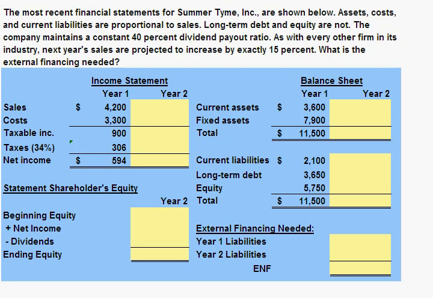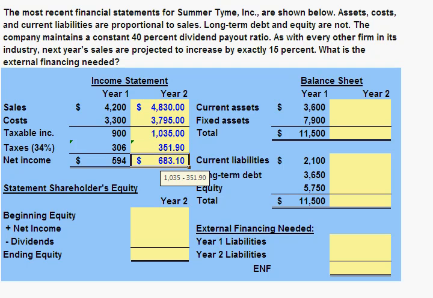The first step is to calculate year 2 sales. That will be year 1 sales of $4,200 multiplied by 1 plus the 15% growth rate. Costs will be year 1 costs of $3,300 multiplied by 1 plus the same 15% growth rate. Taxable income is sales of $4,830 minus the cost of $3,795. Our tax expense is calculated by taking our taxable income of $1,035 and multiplying it by the 34% tax